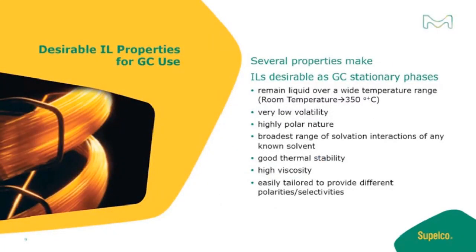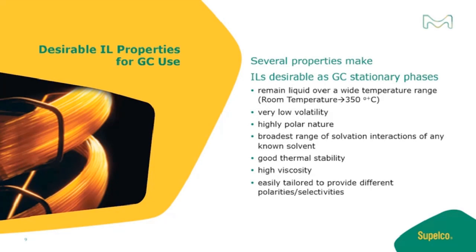What makes ionic liquid stationary phases so desirable? First of all, they remain liquid over a wide temperature range, room temperature to 350 plus degrees. Remember, we want to do gas-liquid chromatography, so we need to have these phases in the liquid range, rather than gas-solid chromatography, which is an entirely different type of chromatographic kinetics. The phases have very low volatility. They're typically highly polar in nature. As I said earlier, they have the broadest range of solvation interactions of any known solvent, good thermal stability,